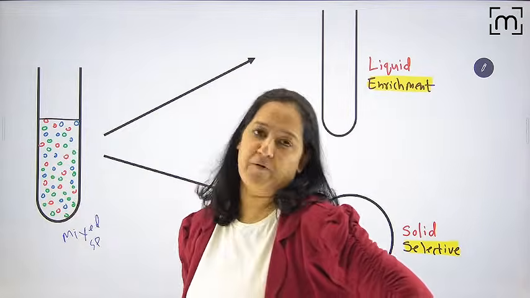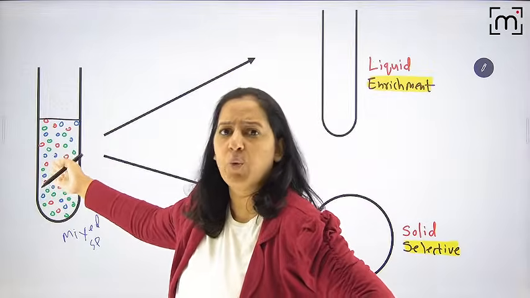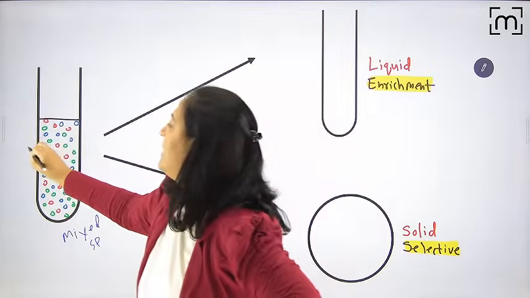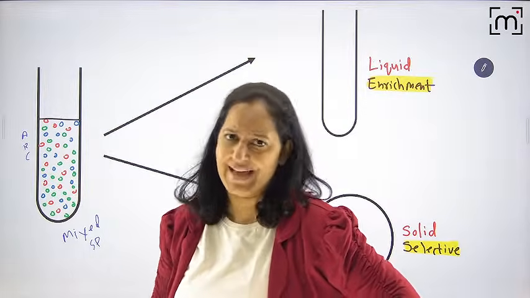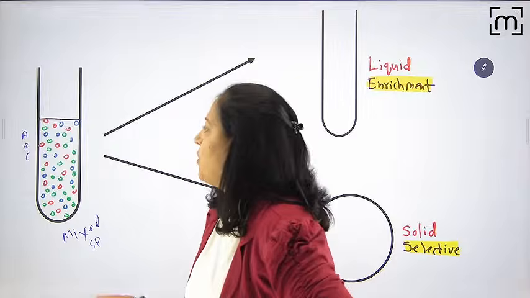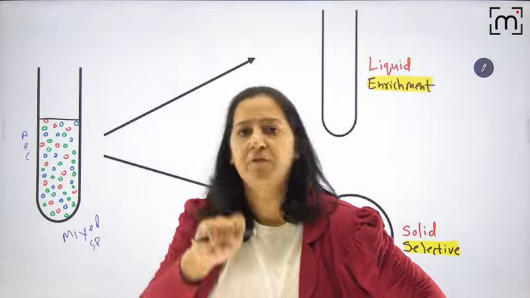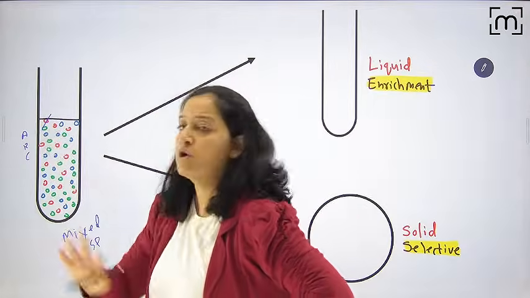It contains many types of bacteria. Can you see three colors I have shown you? Red, green, blue. Let's call them A, B, C. Many types of bacteria it contains. It can be more than that. Now my wish is that I want to grow one of them. Suppose I want to grow the red, not blue, not green.